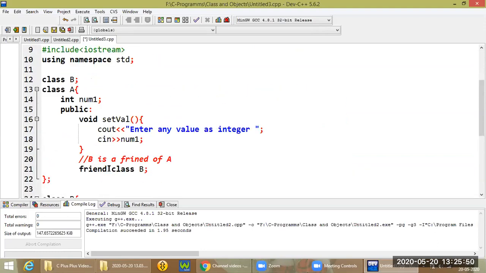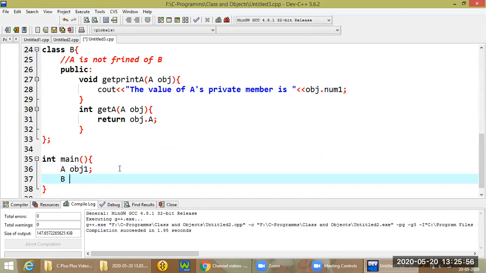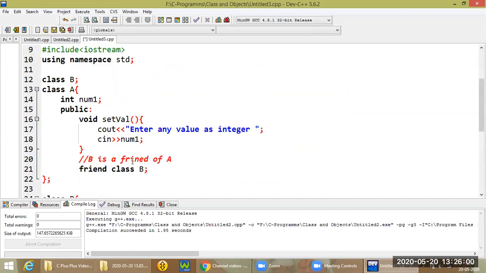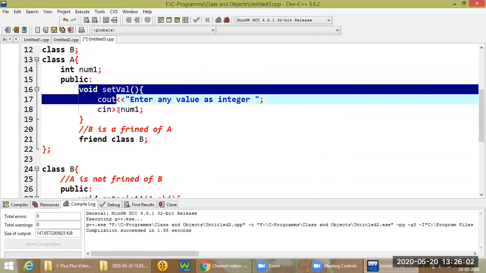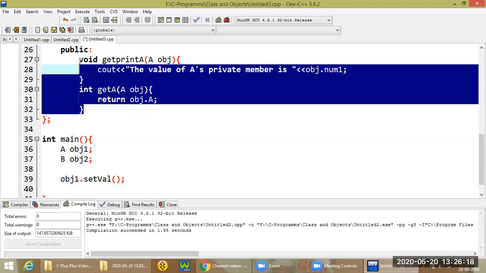First of all, we need to create the objects of class A and B. So A obj1 and B obj2 are created here. Now we need to call the function to set the value of num1: obj1 dot setVal. Save this code. Then we need to call the two functions one by one.